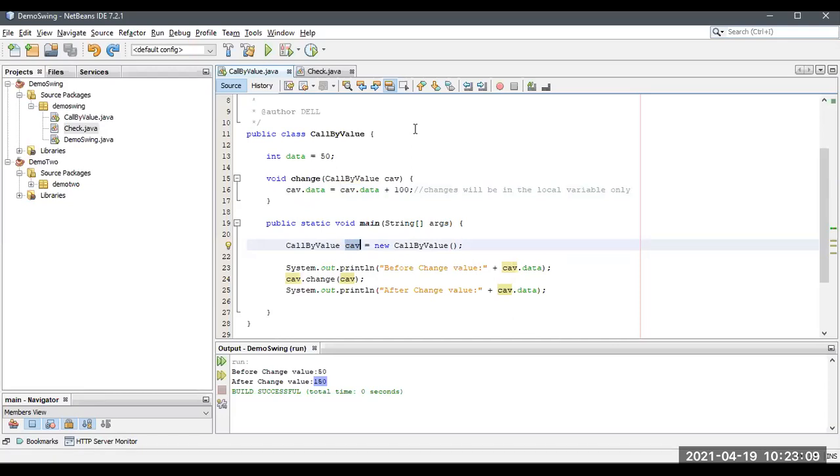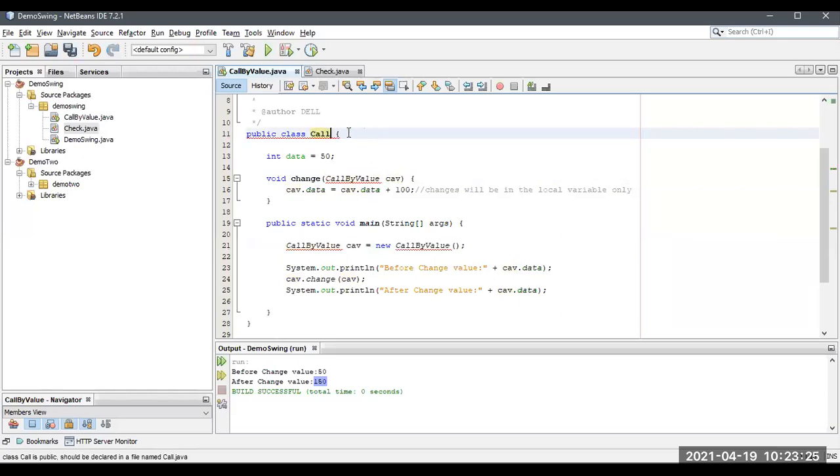You have to remember this one. Please be careful while you are doing all these things. If it is an object while we are passing data, it should be an object and it is a reference. Don't think it is a call by value like I mentioned over here. This will be a call by reference. I think you got confused, right? Okay, let me copy this and paste over here.